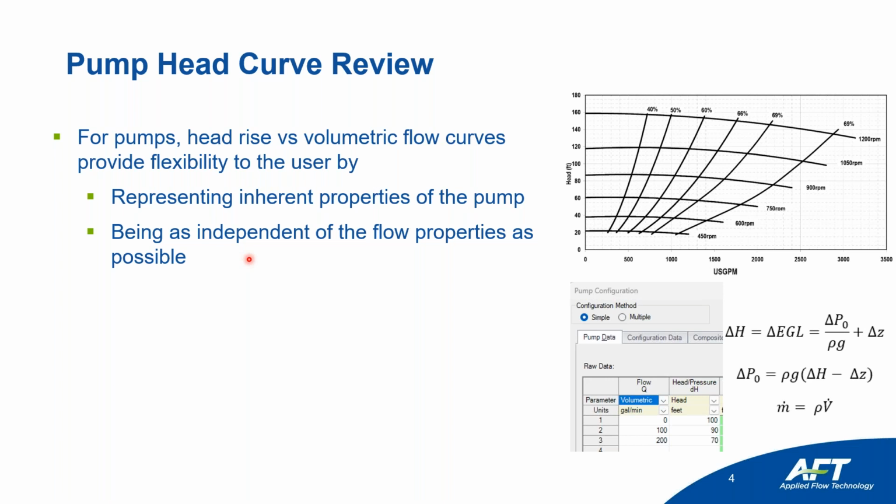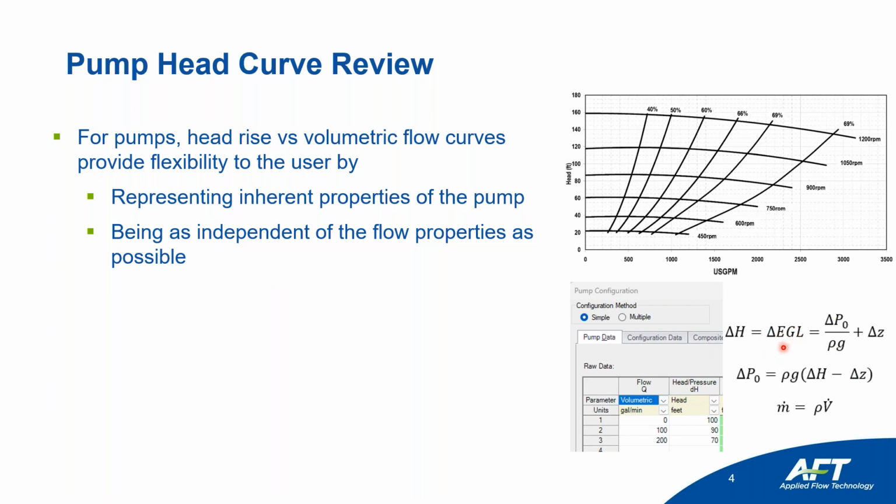So I'm sure if you're working with compressors, you're very familiar with pumps or with the incompressible head curves. As you probably know, for pumps, head rise versus volumetric flow curves are the most flexible to you. They represent the inherent properties of the pump and are independent of the flow properties as much as possible, which is what makes them nice, right? So they calculate that head